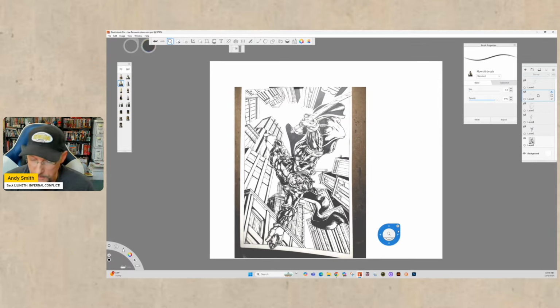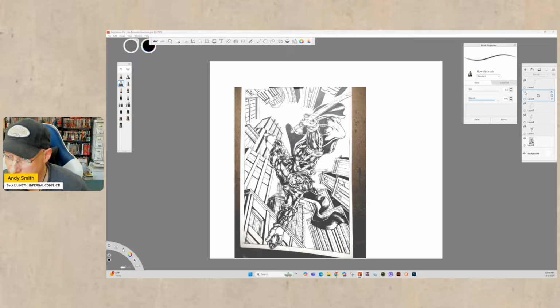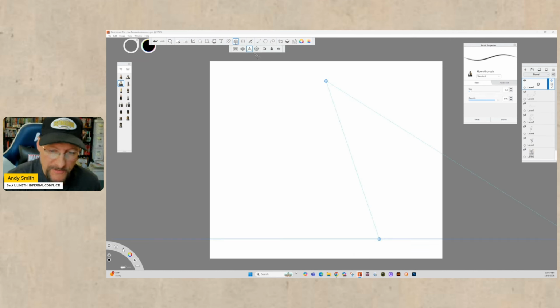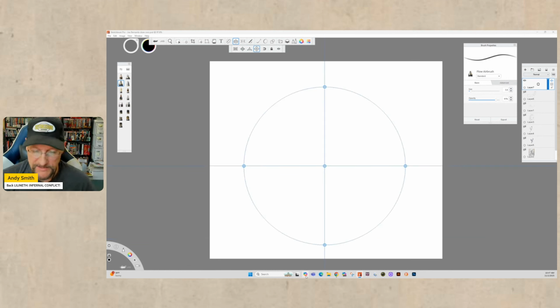Okay. The other thing he told me after I sent it back to him is he was trying to go for a fisheye lens. Now, a fisheye lens is not that easy. And with fisheye lenses, the straight lines all curve. That's why, turn this off, when you use the fisheye lens tool here,